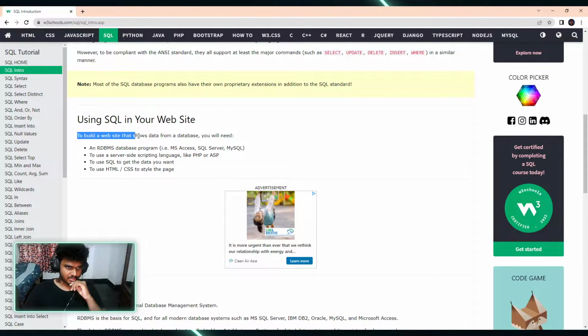To build a website that shows data from a database, you'll need an RDBMS database program, that is MS Access, SQL Server, MySQL. Okay, so the RDBMS means Relational Database Management System. So this is probably where data is stored in tables, and these tables have relationships between each other, right? Yeah. So a server-side scripting language like PHP or ASP to use SQL to get the data you want. To use HTML, CSS to style your page. Okay, so